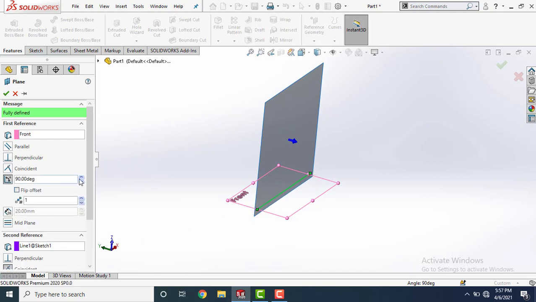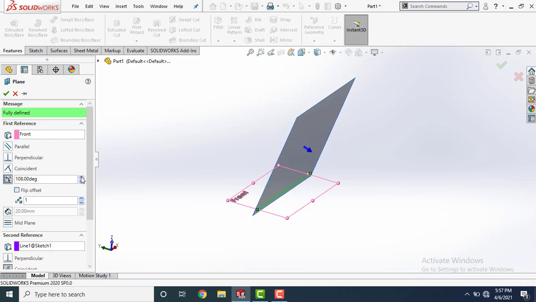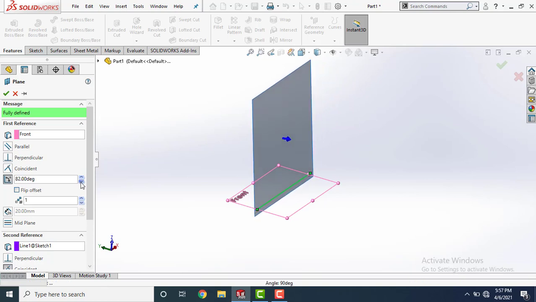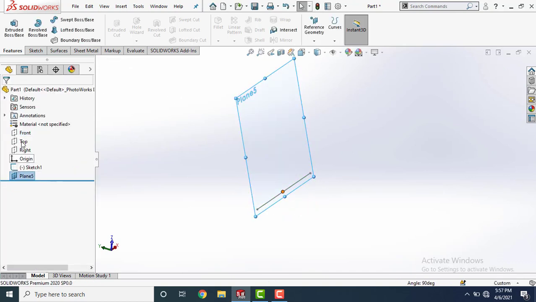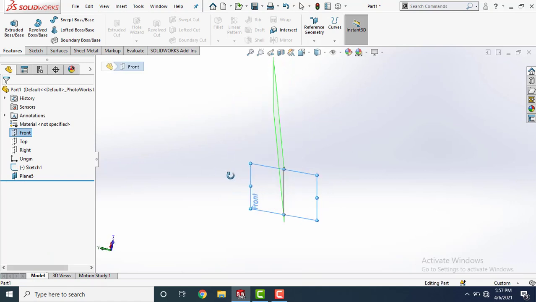Now you can increase or decrease the angle like this. Just click OK like this.